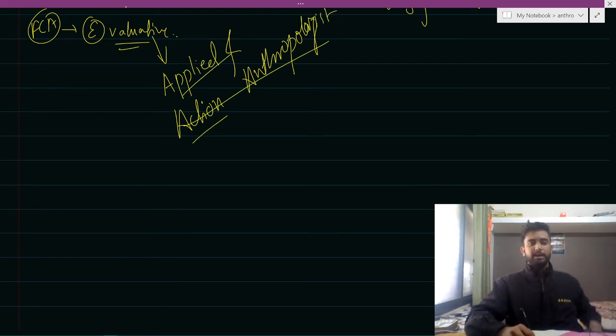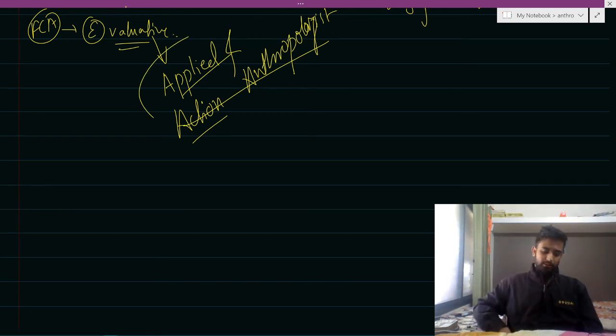What do I mean by applied and action anthropology? It is a simple fact that what people will do, or what government will do, is they'll basically contact an anthropologist when they have to prepare a plan. Now, in order to have a better plan execution, the government needs to make sure that there is a little reduction.